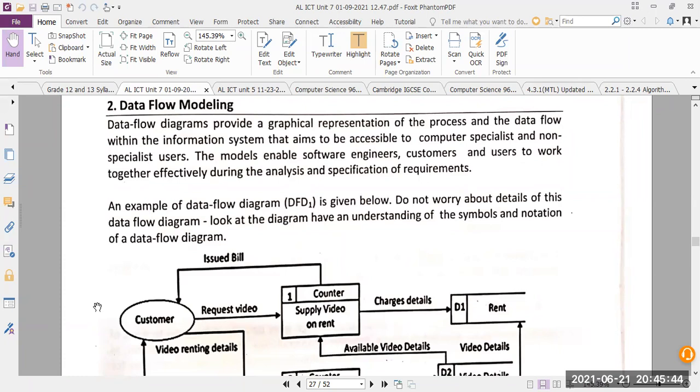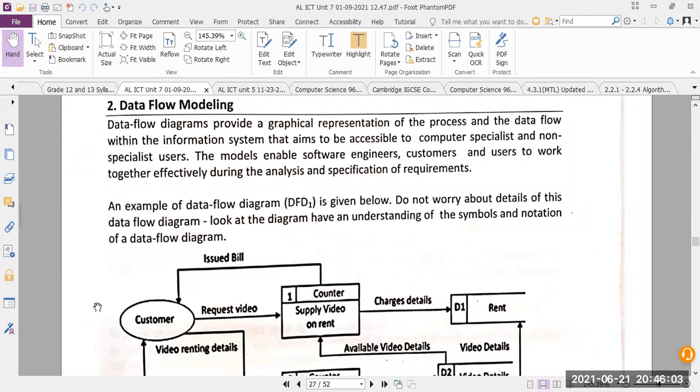So if you know exactly how the data flow diagram is drawn, then of course without any issues you can draw it if you understand the scenarios well and if you can identify the parts well. So this is very, very important.